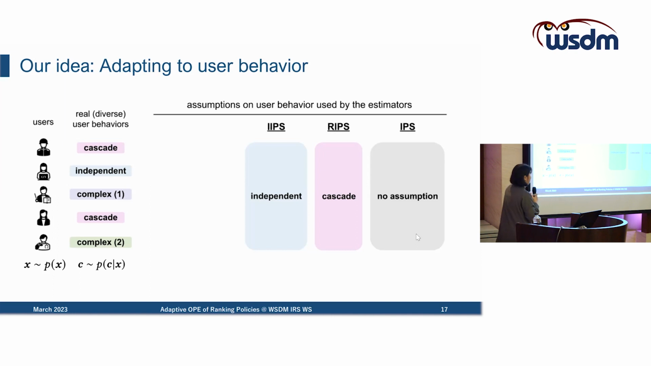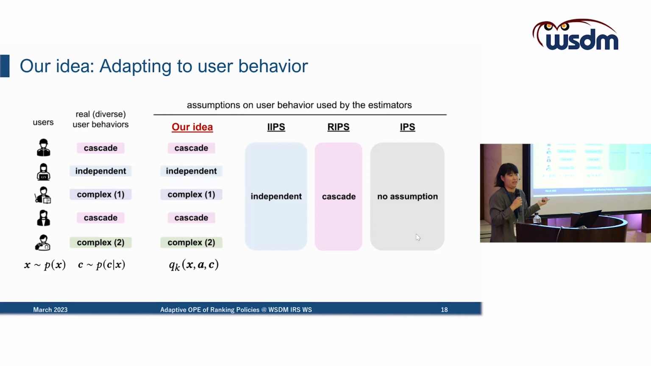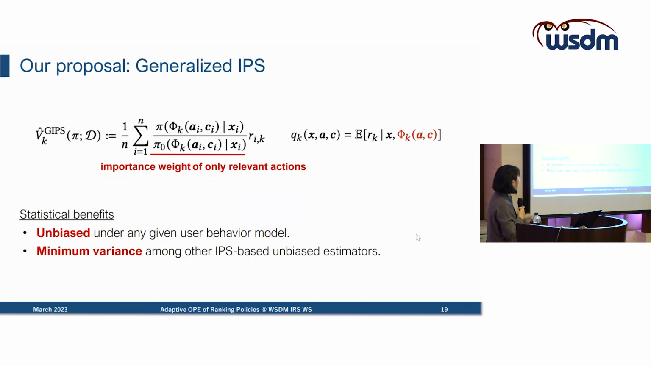So our idea here is very straightforward. Let's just use adaptive user behavior, so we can reduce the mismatch between the user behavior assumption and the true user behavior. And the mismatch leads to serious bias or excessive variance. So we can now enable more effective policy evaluation, right? And based on this idea, we now define our GIPS estimator, generalized IPS, that adaptively switches